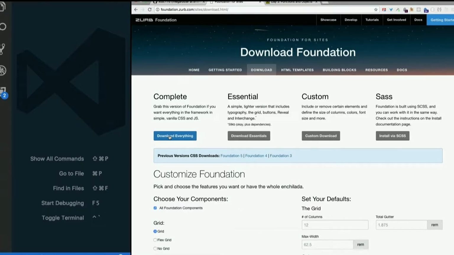Now, some people whose entire job is web design don't like frameworks like this because they'd rather just write it by hand, in part because they have more control and they don't have to fight with overwriting the default styles in Foundation, and because, well, Foundation has a lot of styles and you may only be using a small fraction of them. So it keeps the CSS nice and minimal. But there are other ways to achieve that, even if you do use a framework. But programmers often very much like these things because it makes it a lot easier to make it look not awful. So once you've downloaded it,